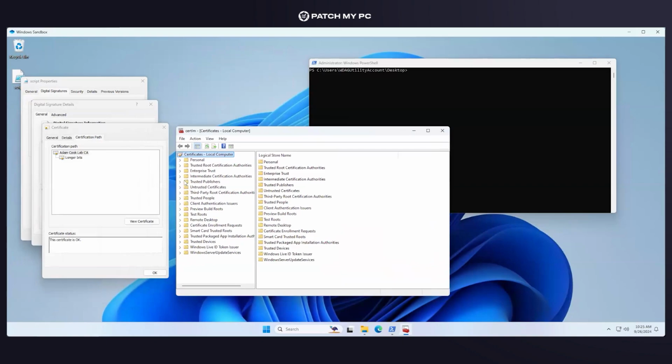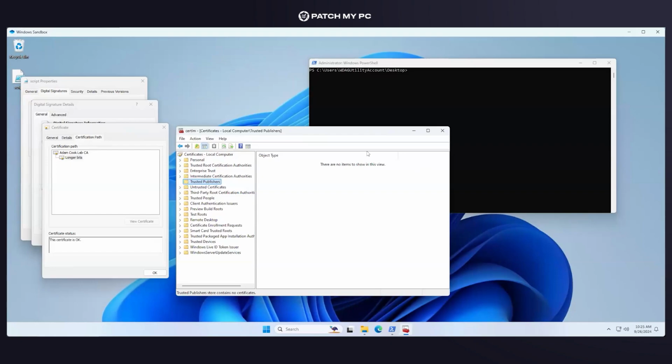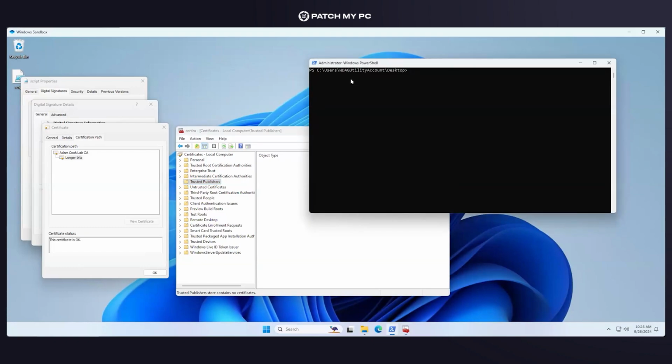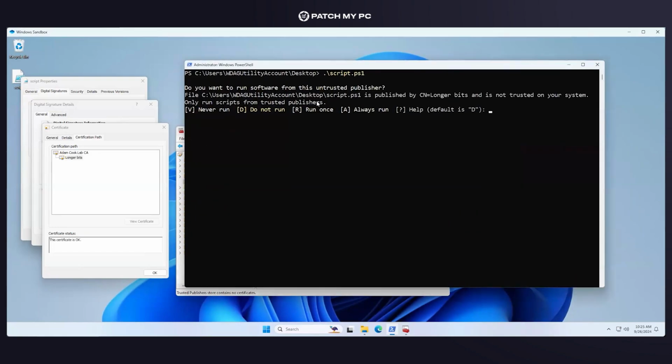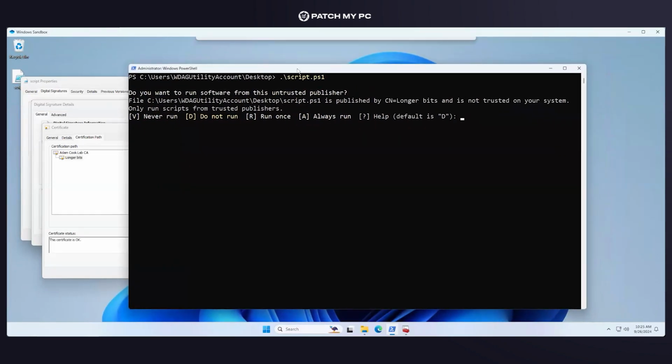But the code signing certificate itself, which is named with the subject longer bits here, that's a silly testing name that I was using a while ago. That certificate is not here in my device's trusted publishers. So what's hanging? Why is it hanging? If I just call this script that's on my desktop, this is the prompt that the user is seeing